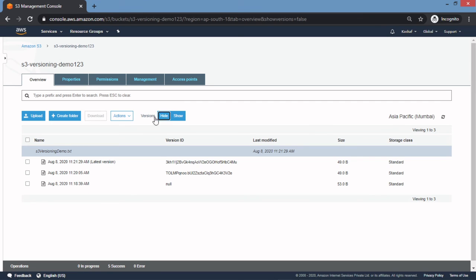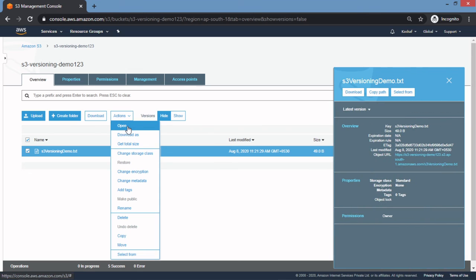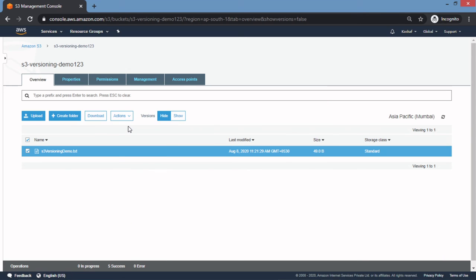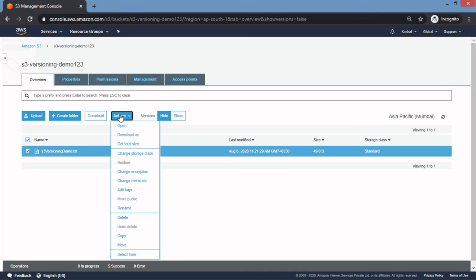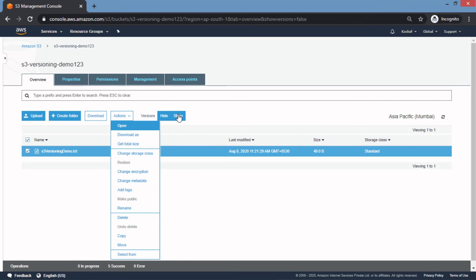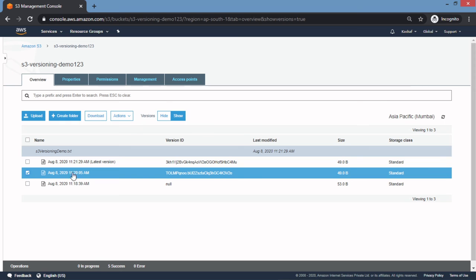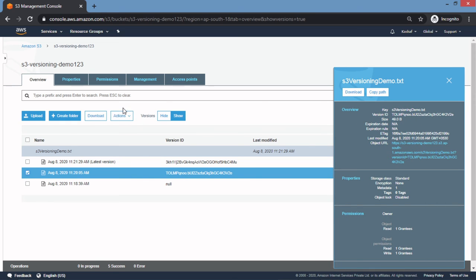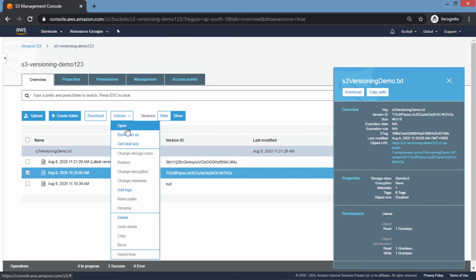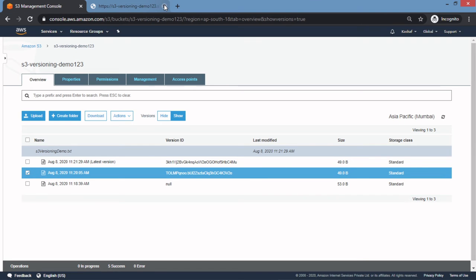When I hide it and call a simple get request, I will get the updated latest version. This is version 2. If I want to get any particular version, as I already showed you, you can pass any specific version ID and retrieve that particular object. So now this is about get and put.